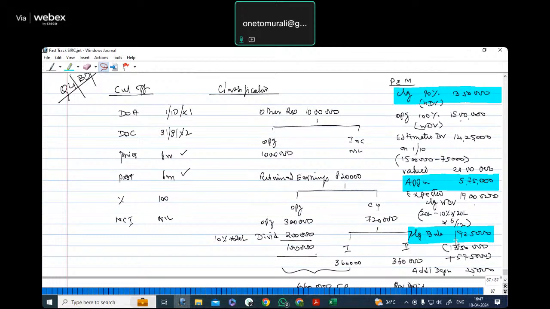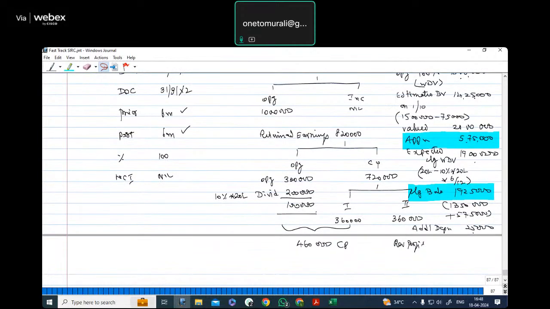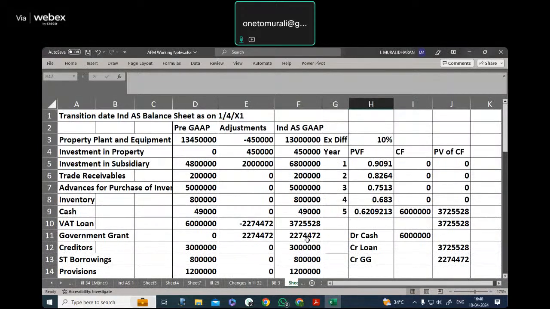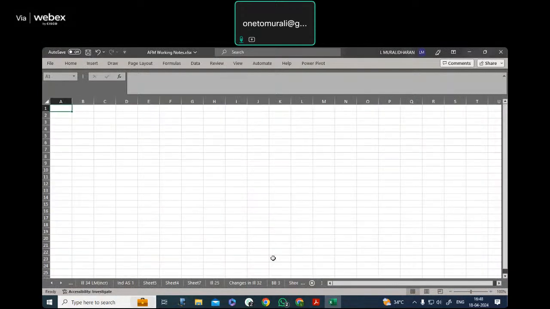So had you taken up the fair value on 1st of October at 20 lakhs, your closing balance expected should be 19 lakhs, with only 1 lakh of item to be depreciated. So this would mean 25,000 additional depreciation we are expected to be taking up totally. Now let us just take up the consolidation work here.